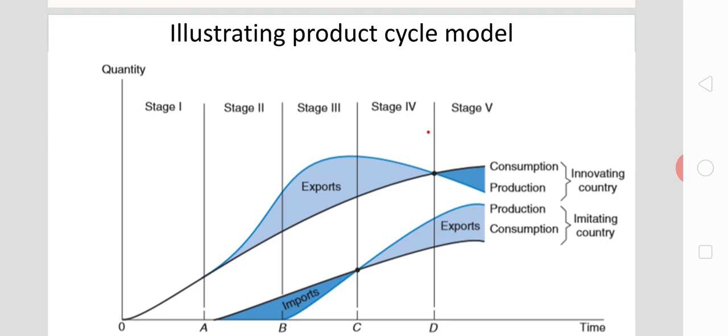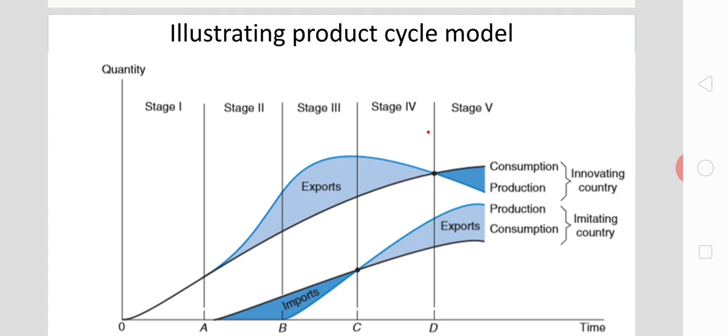That means the imitating country, or the importing country, starts slowly producing that innovating commodity; they slowly start learning how to produce that commodity. And in the case of US-Japan radio trade, Japan slowly learns how to produce that technology, how to produce that radio with the newly introduced technology. So this is the copying of the technology by Japan.